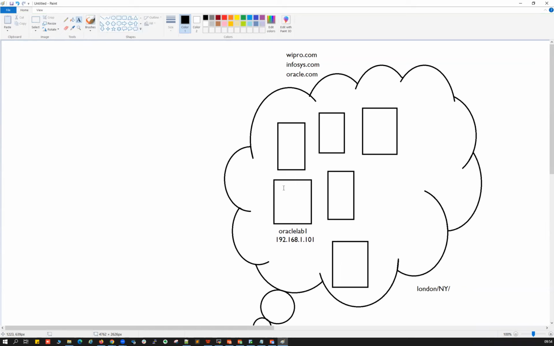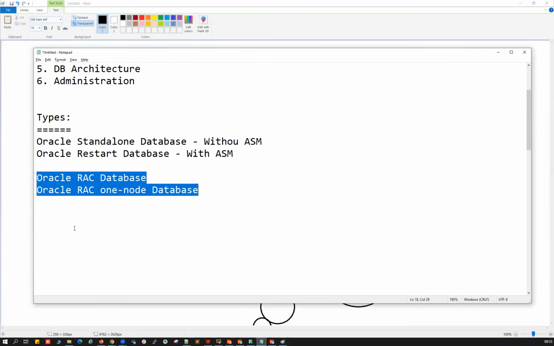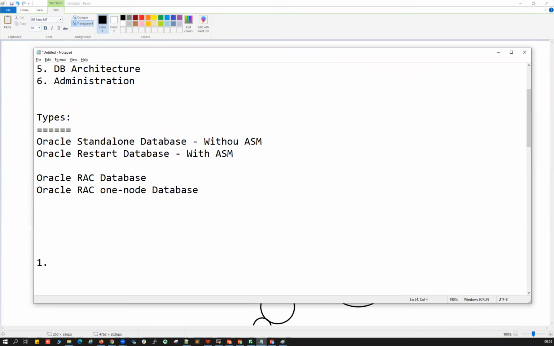So for that, we have the concept of connecting remotely. That's the second option. The first option is to connect from the data center: go to your data center in London, go to the server where it is sitting, turn it on, and work with the keyboard and mouse directly on that server. In real time mode, that's not possible because everyone cannot go to the data center and work, right?